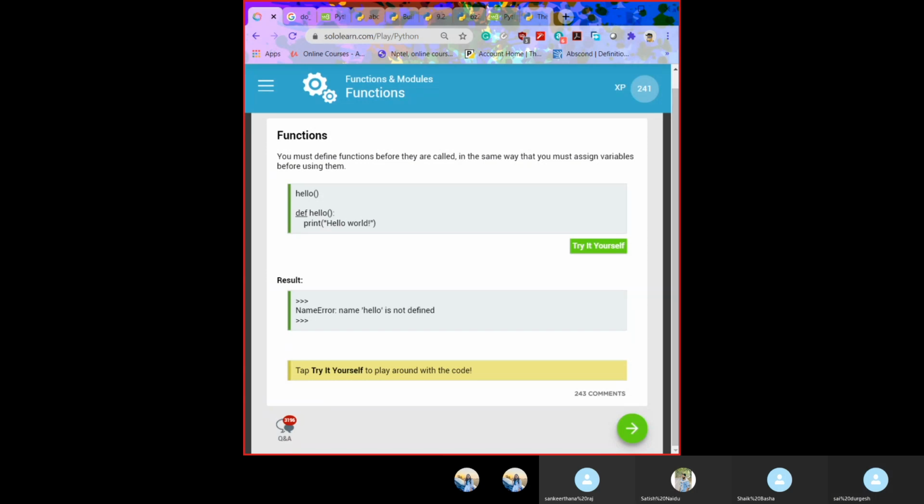You must define the function before you call it, in the same way that you must assign a variable before using it. Here he executed hello, but hello was not defined previously. When defining a variable or a function, we have to define it previously.